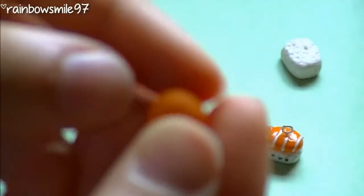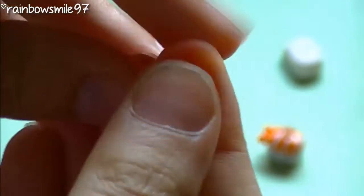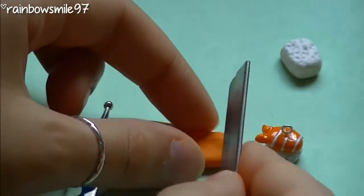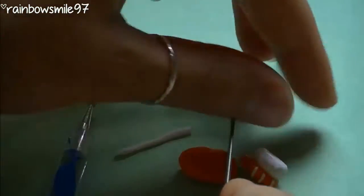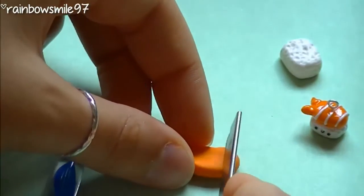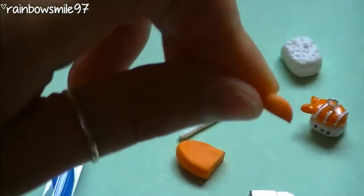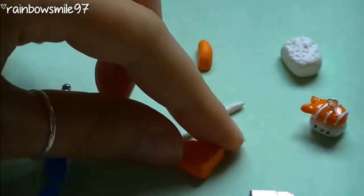We're gonna take the orange ball of clay. We're gonna flatten it in an oval shape, and this is too big I think, so with my blade that you can see here, I'm gonna cut a little piece out because this is way too big for us. So remember not to trash the little piece of clay because it can always be useful. So now we have to shape it again